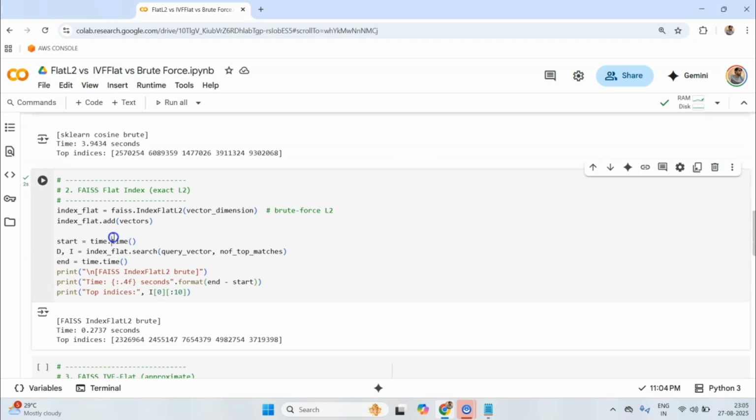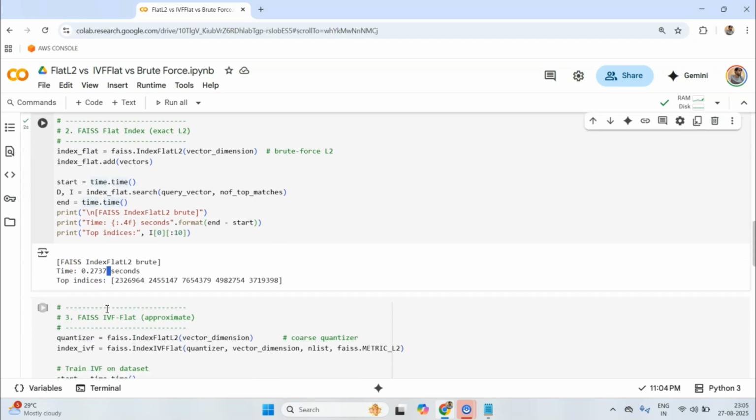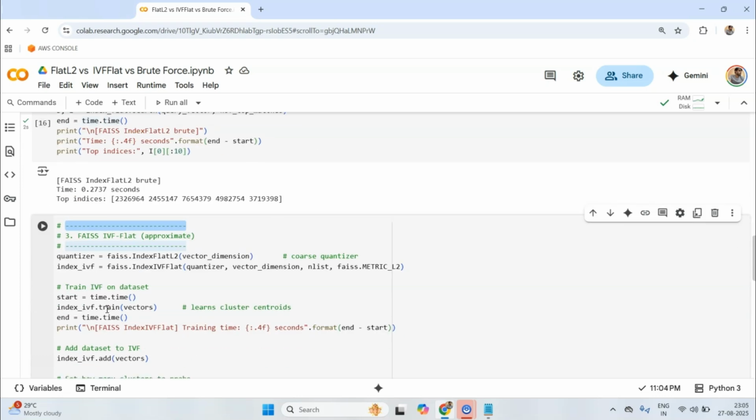So in those situations, this IndexFlatL2 is also not going to produce reliable results. So now we are looking at IndexIVFFlat. Now I won't be going into the theory of IndexIVFFlat at this point, but the key point that you need to remember is that it does not.